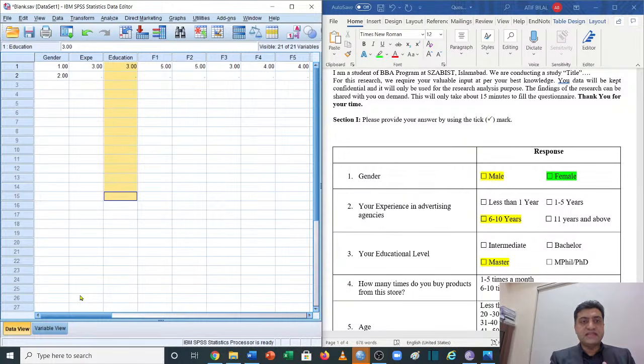Does anybody have any question related to coding or putting your data into SPSS, or any other question? We'll wait for 30 seconds, and if there are any questions,